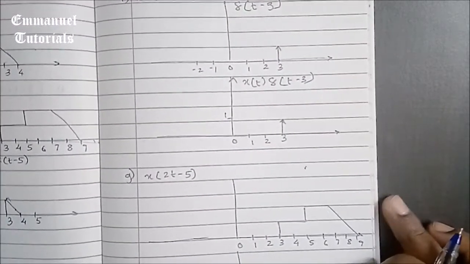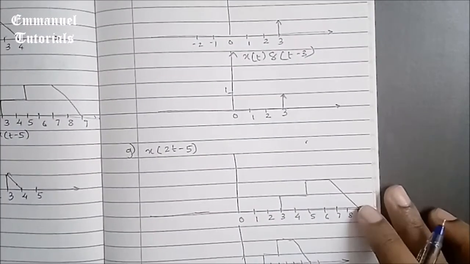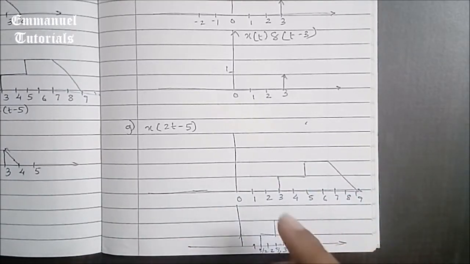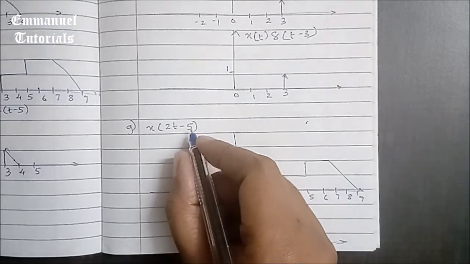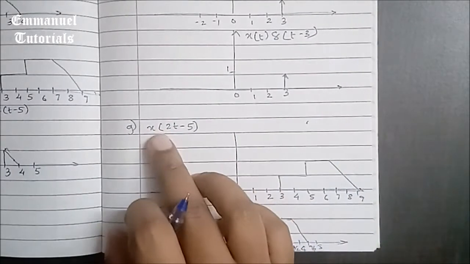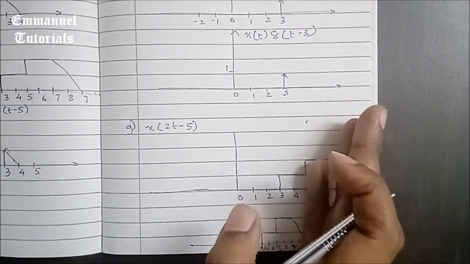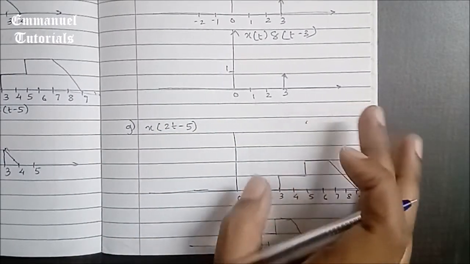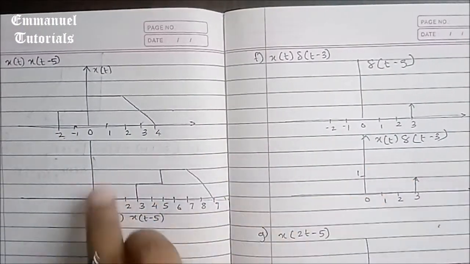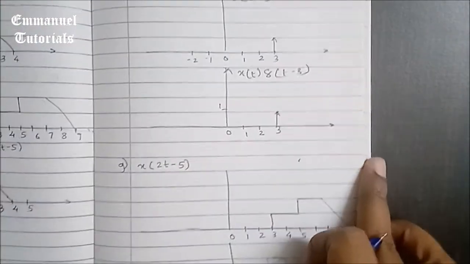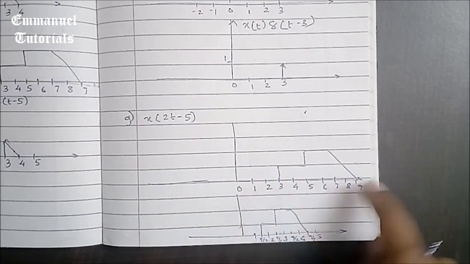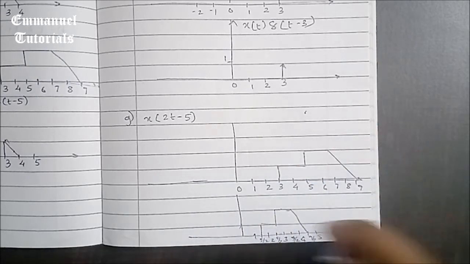Now let's go to the last one, which is G. G is x of 2t minus 5. Now this is again similar to the one we have already seen. This involves time shifting and time scaling, but this is delay. So first you will do the time shifting part according to the precedence rule. So x of t has to be shifted by 5. So you will get the same signal first. It's going to extend from 3 to 9, and then you scale it by 2.